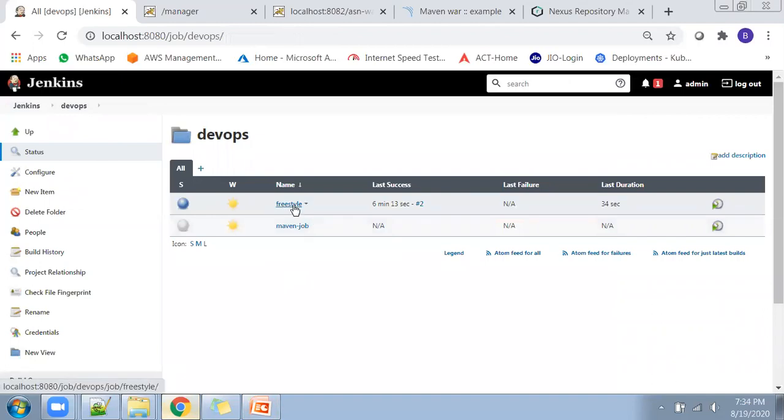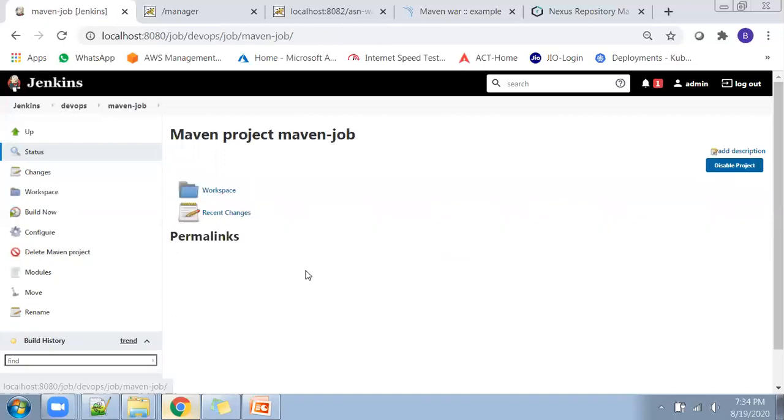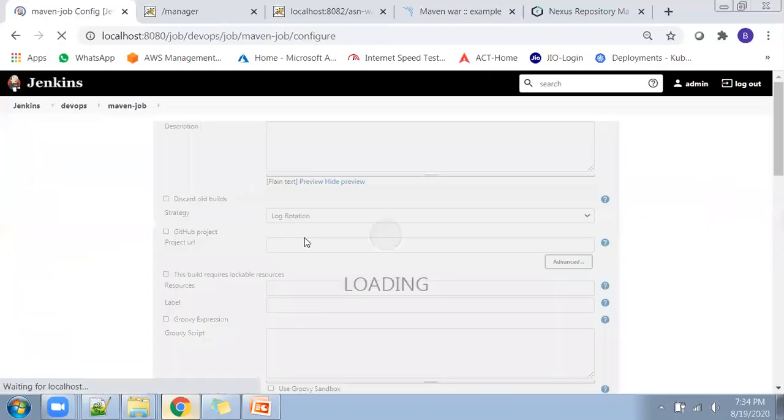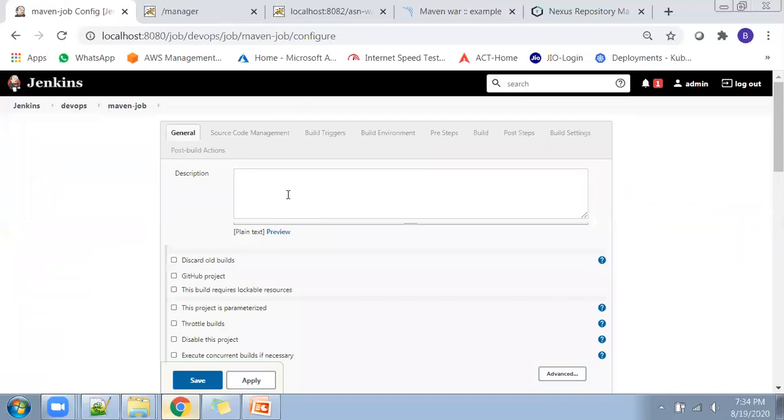The first freestyle job we have already done, and this second one is called Maven job. You can see there is a color difference. The first job is showing the build is successful, that is why it is in blue color. The second job has not yet run as of now, that is why it is grayed out. Let me open the Maven job and click on the Configure section so that I can give my inputs. As I told you, for any type of job you have three mandatory items: source code management, build, and post-build actions. Since it doesn't have post steps here, you will be able to see that in the last drop-down.